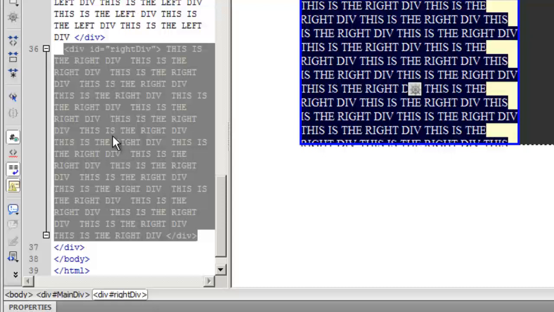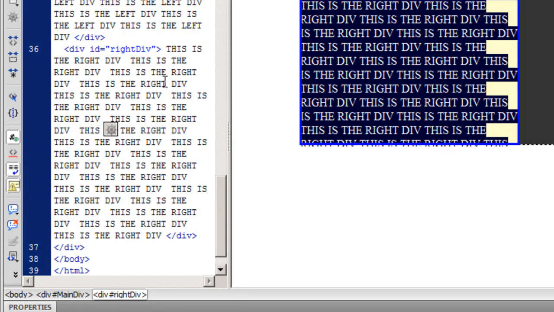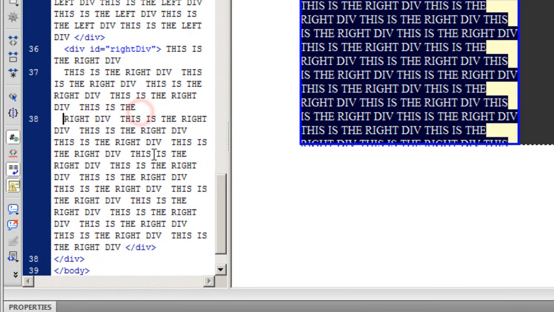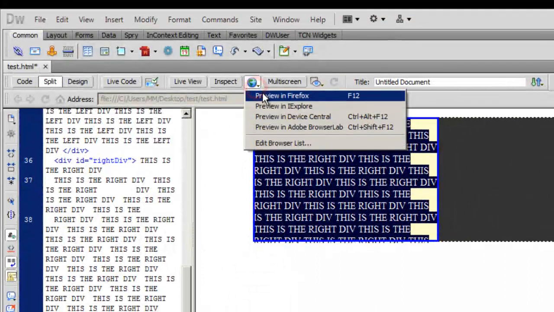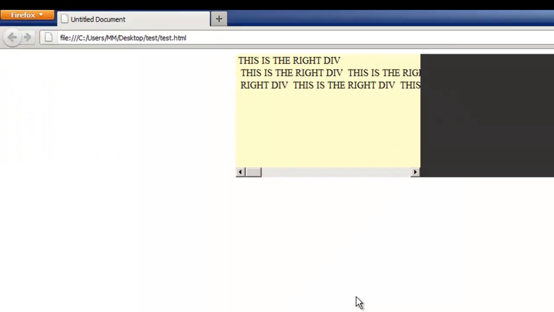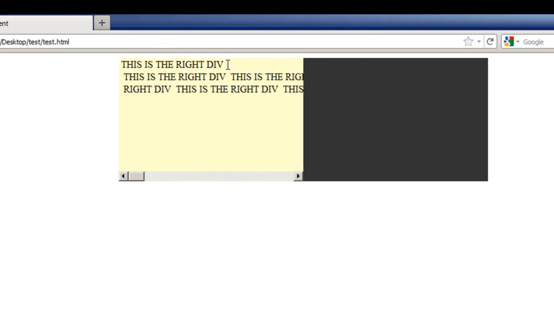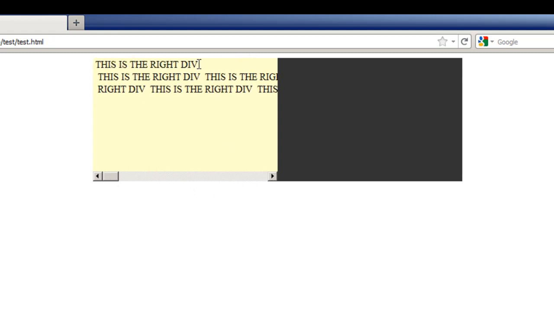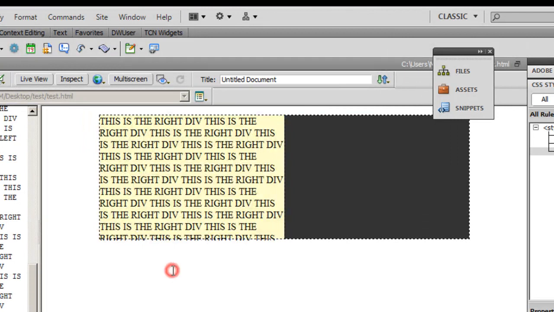So let me show you an example. Let me go to the code view, and I'm going to hit enter at several places. I'll insert one enter here, and let me put a tab here. Okay, twice I hit the tab here, and let me say refresh, and let me take a preview in Firefox once again. Guys, notice there was an enter hit out here. Okay, and there was yet another enter hit out here. And obviously you can see that it does not wrap itself. Oh, very good. So we are learning more and more about some uncommonly used